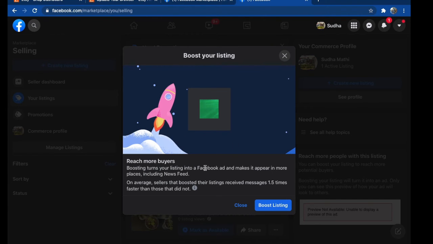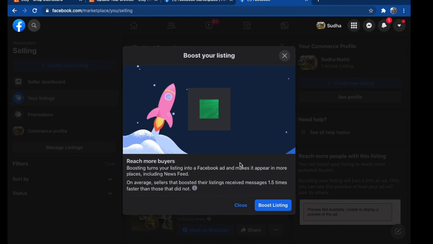After publishing, it will ask whether you want to boost the listing. We don't need boosting now, because if you click on this, we have to pay some amount for the ad, and it will be shown over vast areas. Facebook is giving a suggestion whether you want to boost whatever you have listed for sale.